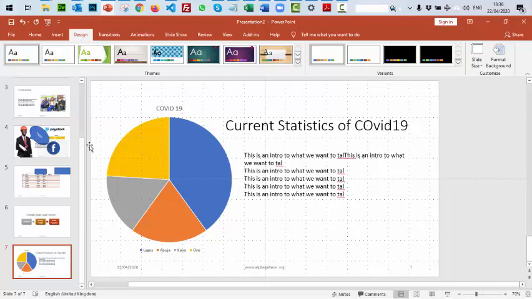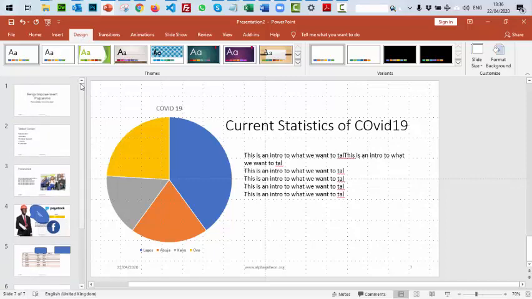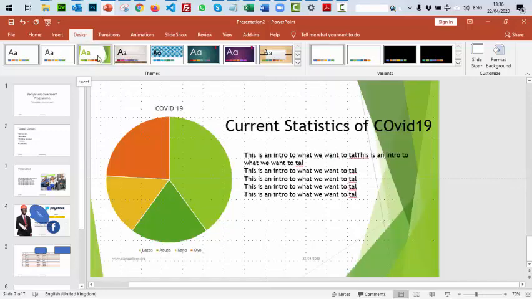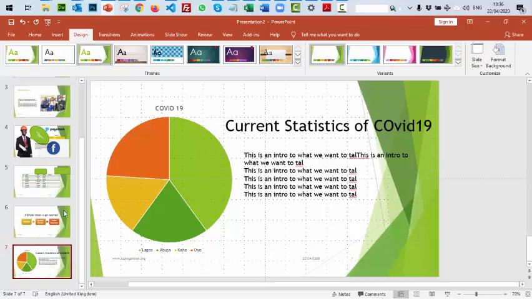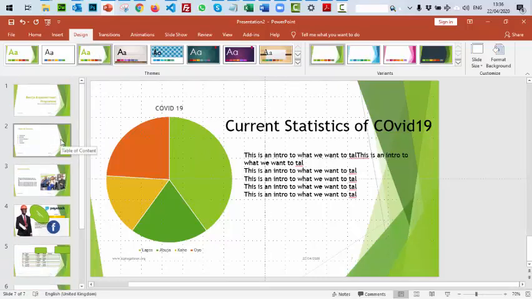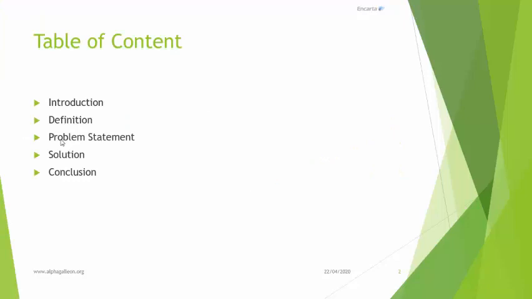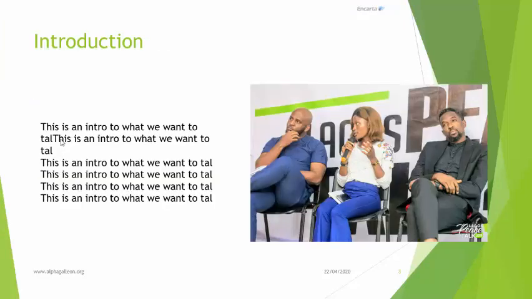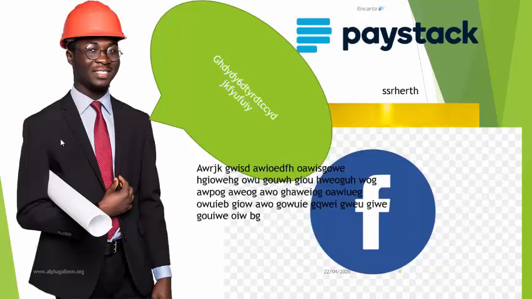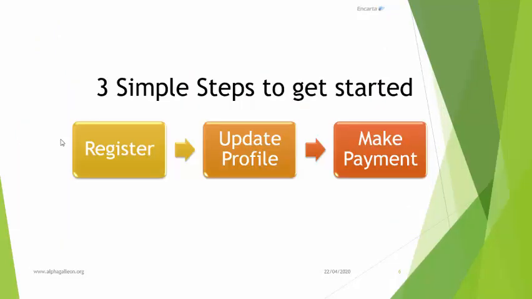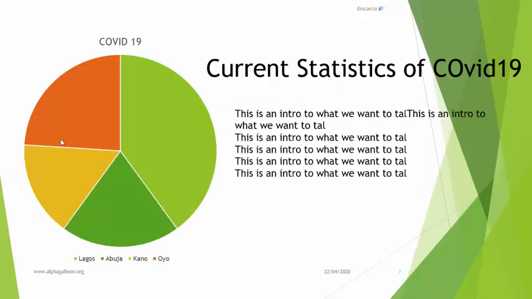So if I'm in a hurry, I want to quickly do a PowerPoint presentation. I don't want to design by myself. I just quickly want to make something very nice. I click this one. Oh, I think this is nice. It applies to all the pages. So if I visit my page now, you can see that the template rearranges my layout based on what the template is designed for. So you can see my table of content now carries the arrow. My pages are looking a bit sleek. So these are the kind of things that you might want to leverage when you're in a hurry